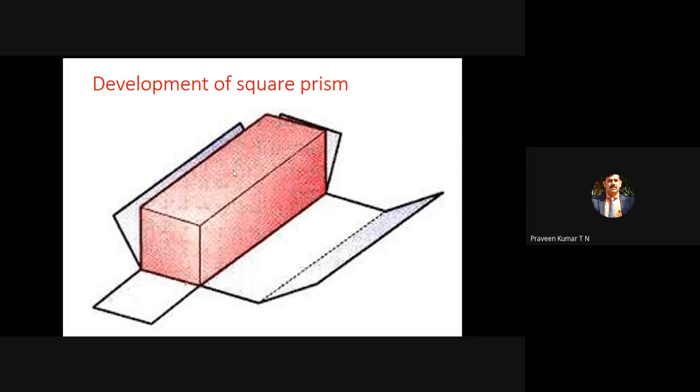So for the hollow prism, take the scissor and cut along this longitudinal edge. This is a longer edge. So let it be that you are opening from this edge, I think from the left edge. We have a longer left edge. So once you cut this and open it, we will get four rectangular faces.